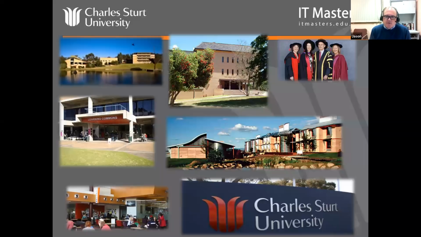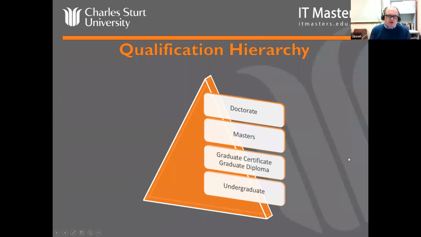So just a very quick overview of Charles Sturt. It's a regionally based Australian university, but although we're regionally based, and you can see on the screen many of our campuses, in fact our main cohort of students are online. So we're one of Australia's leading online universities. We have around 26,000 students enrolled online, and our IT Masters programs, as I said, are the leader in that online space throughout Australia. So although we have lots of campuses, really what I'm talking about tonight are online programs designed for busy working professionals.